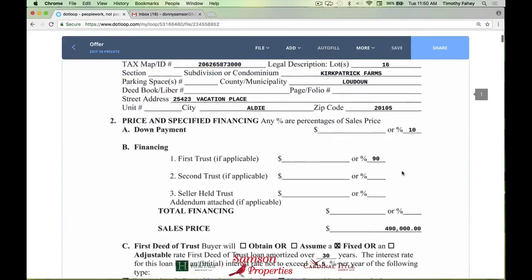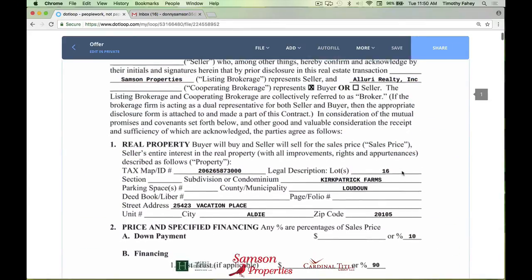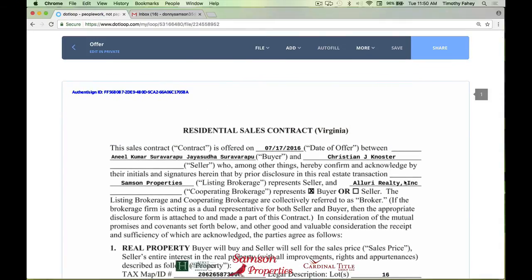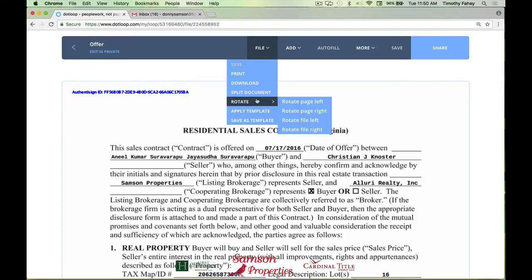Great. Now, before, I'd have to do a lot more stuff. I'd have to print it and go take it in for signature. I'd have to mark it up, rescan it, all these other kind of things. Well, now what's cool about this is I can edit this all by my lonesome here. The first thing I can do is I take this file in. Let's say it was turned the wrong way because people don't know how to send over scans correctly. I could rotate one page to the left or right